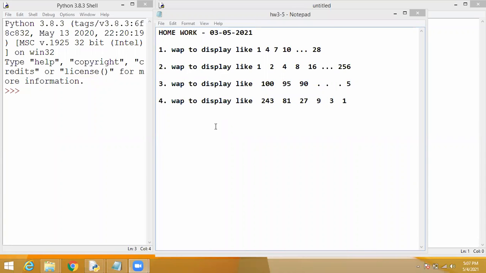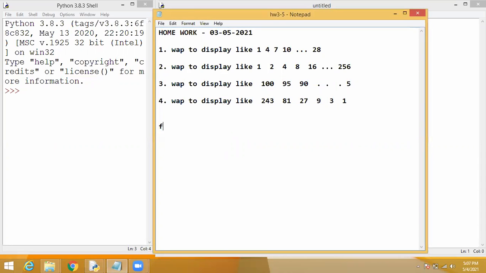Yes. Okay. So see, the program is for i in range. Students, just to note down these programs, you can execute by yourself. For i in range, starting from 1 and ending with 29. So you have to mention 29. The step value is 3. So if you give like this, you can print everything, whatever you need.